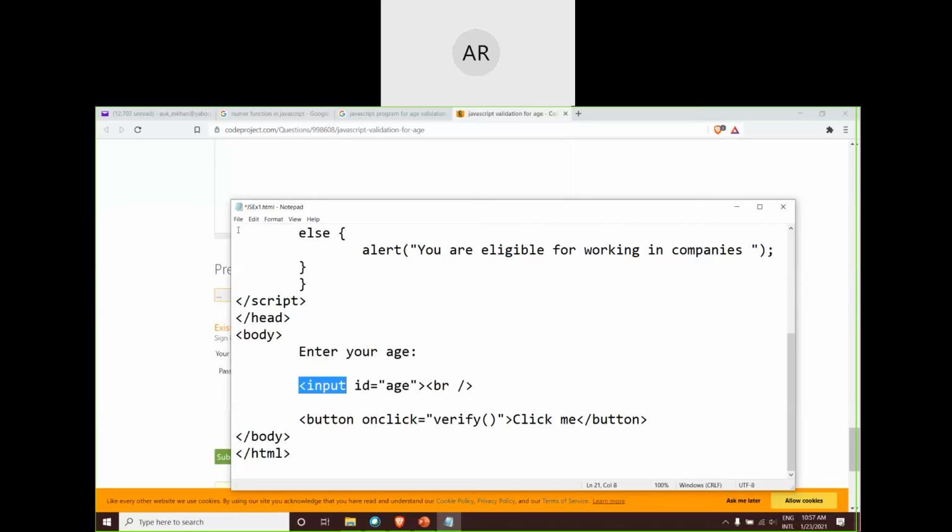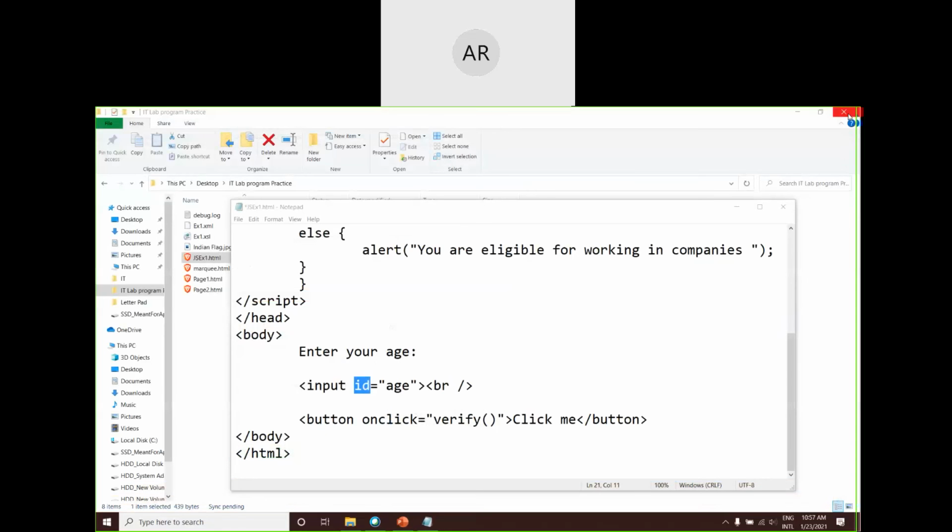By default it is going to take type equal to text as the attribute value. Okay. Now ID we have learned somewhere in CSS. Can anyone remind me what the ID was used for? Why were we using ID? Can anyone remind me?